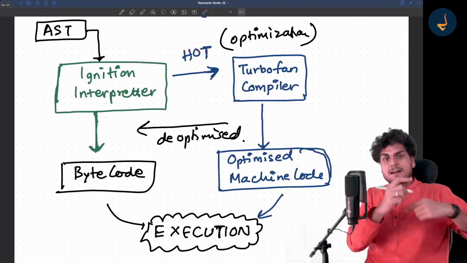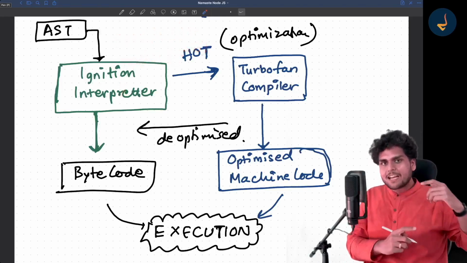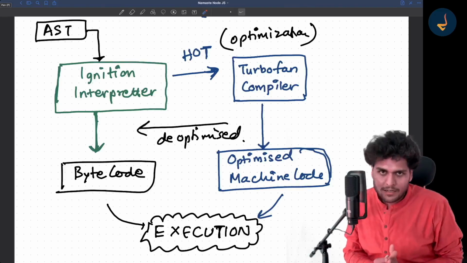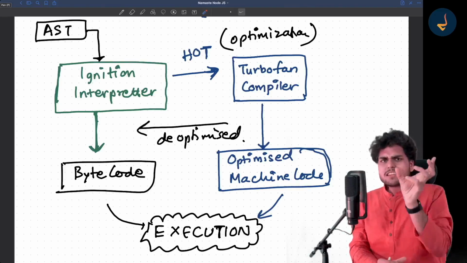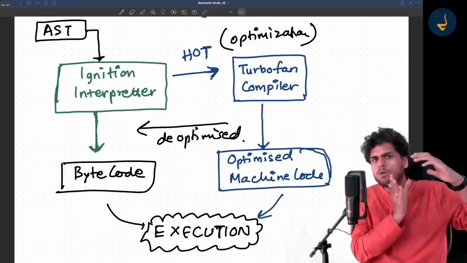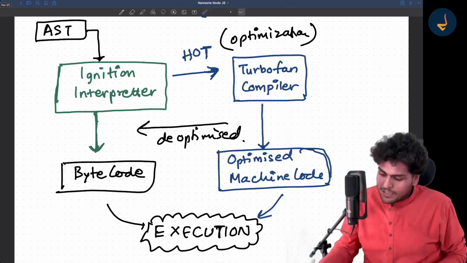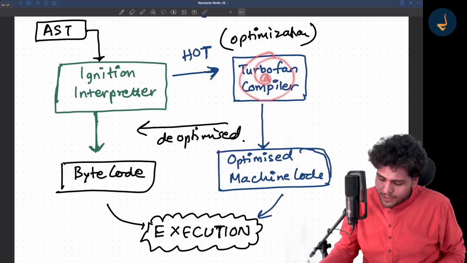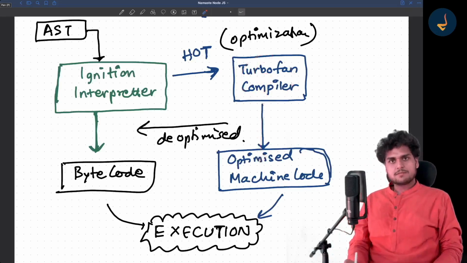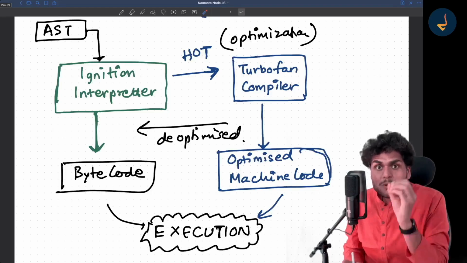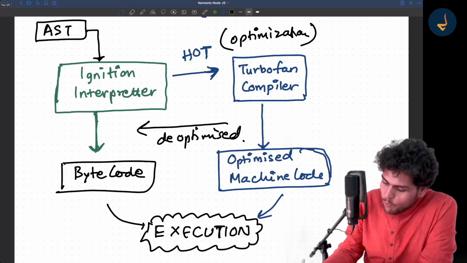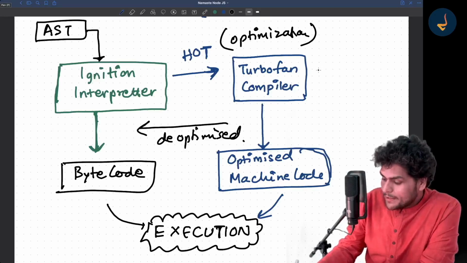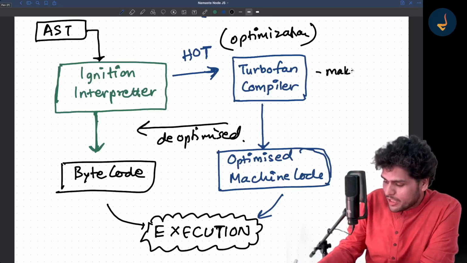And this sum function is called again and again. Now JavaScript sees that, okay, this function is a very hot piece of code. Now the turbofan compiler will take that sum function and it will optimize it. But while optimizing the code, turbofan makes assumptions.